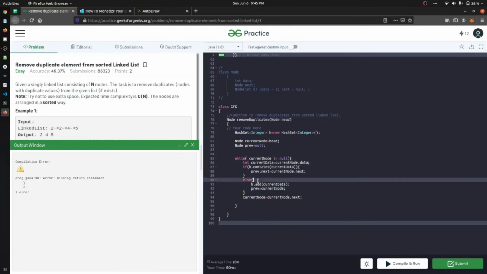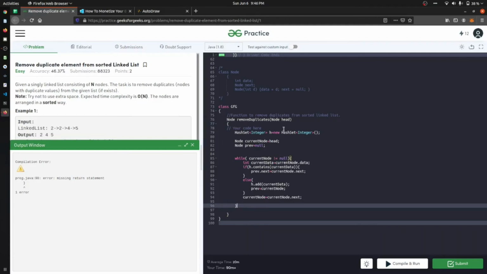If we have put this here, where is the missing semicolon? Missing return statement. Okay, sorry.